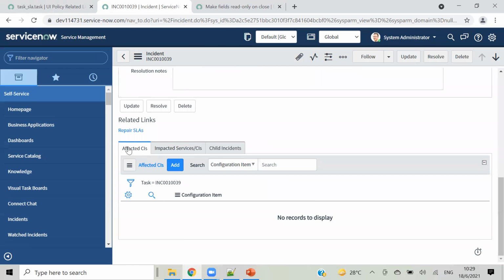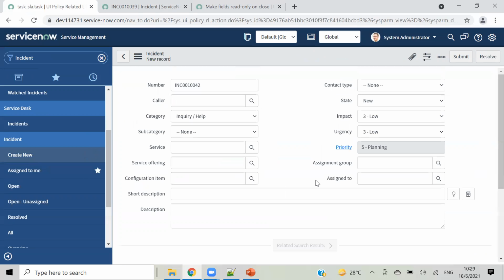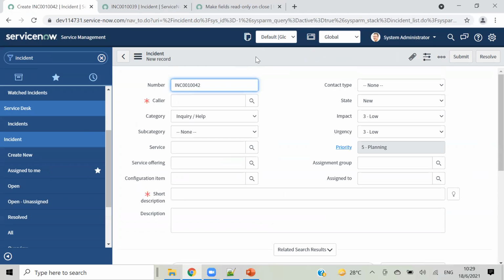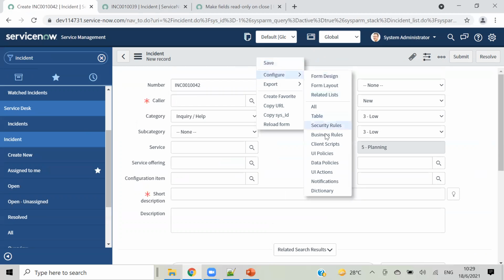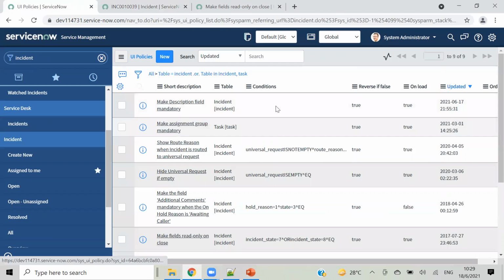So here you see task SLA got disappeared, and this UI policy related list action got added only from London version. Earlier to London version, we had only that field level UI policy. Okay. So I am making this as, okay, let's write script in that.